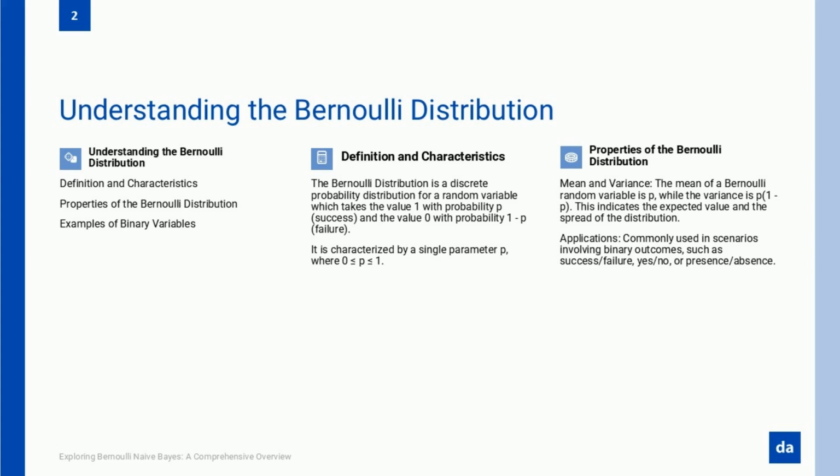Every symptom adds weight to the decision, pushing the probability in one direction or another, until the AI delivers an answer. Based on the data, the patient most likely has this condition. What makes this so powerful is its simplicity. Unlike deep learning models that require enormous datasets and complex computations, the Bernoulli distribution thrives in situations where data is limited but structured. That's why it works so well in medicine, where diagnoses often boil down to a series of binary tests. It's why this method is already being used in hospitals to assist with disease detection, helping doctors make